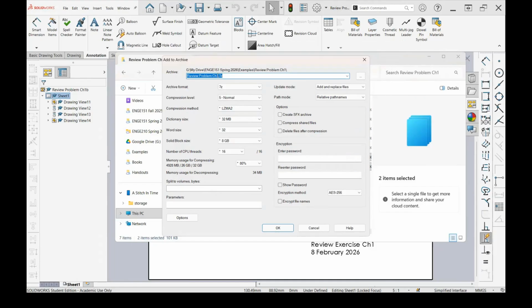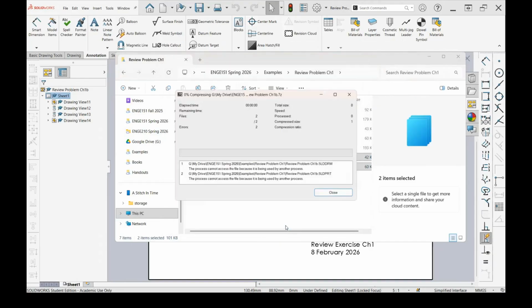You can see we've got a nice name up at the top, review problem chapter 1b.7z. If you wanted a different archive format, you could switch from 7z to zip, WIM, tar, etc. So in our case, we just wanted a 7z. We're going to say OK.